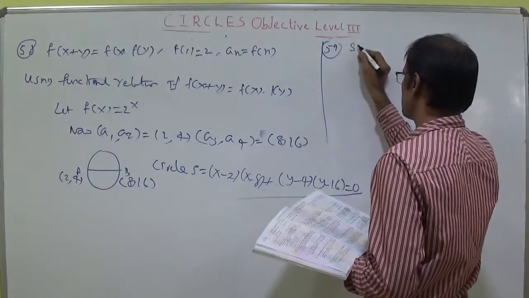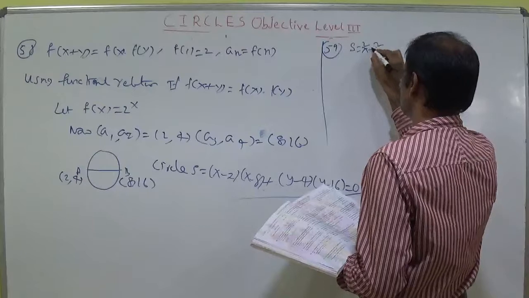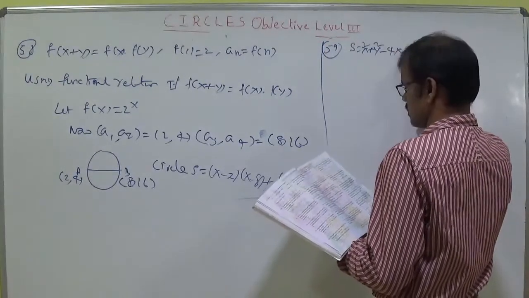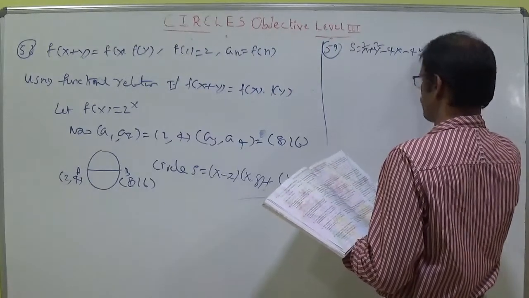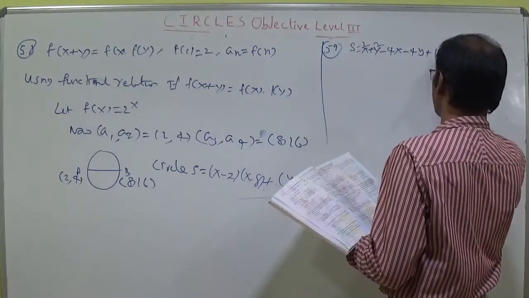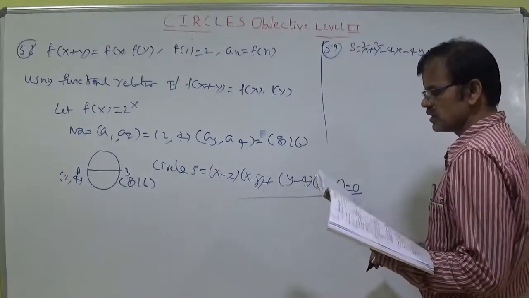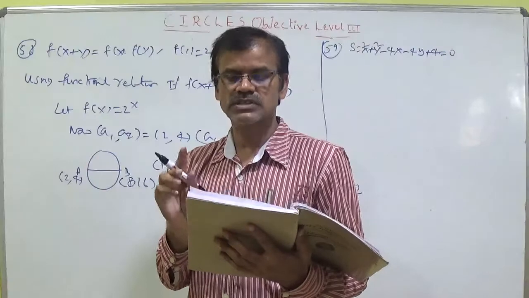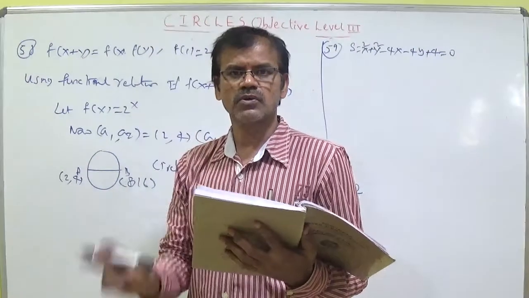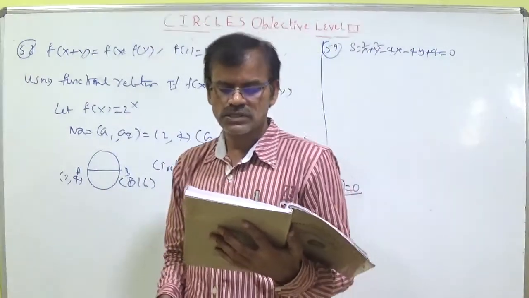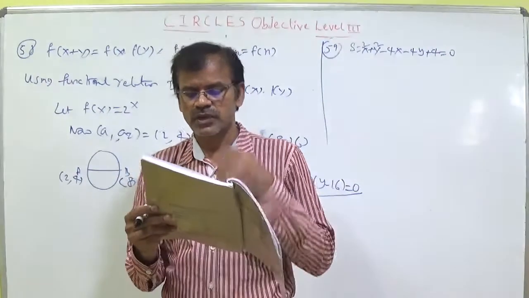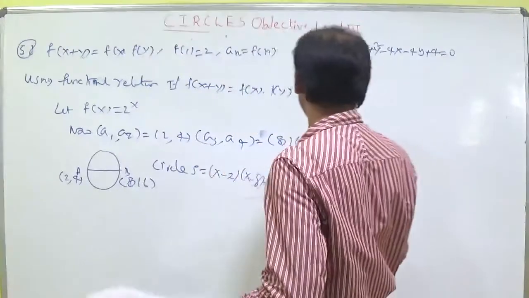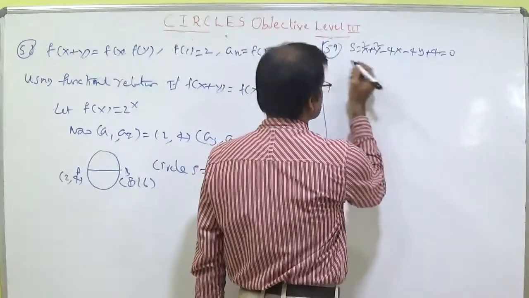Let us discuss the 59th question, a variety question, a mains question. The circle S is equal to x square plus y square minus 4x minus 4y plus 4 equal to 0, inscribed in a triangle. This circle is inscribed in a triangle which has two sides along the coordinate axes. The locus of the circumcircle of the triangle is x plus y minus xy plus m root x square plus y square equal to 0. Then what is the value of m?